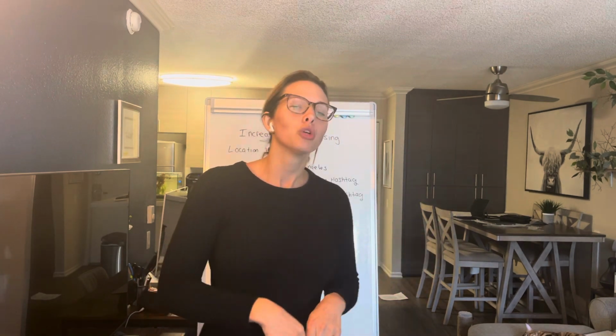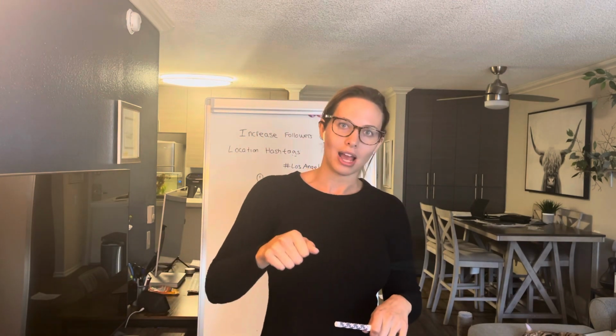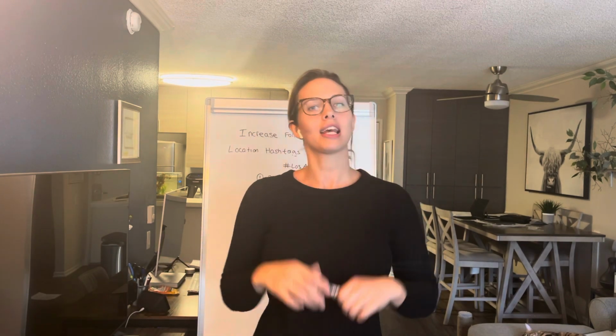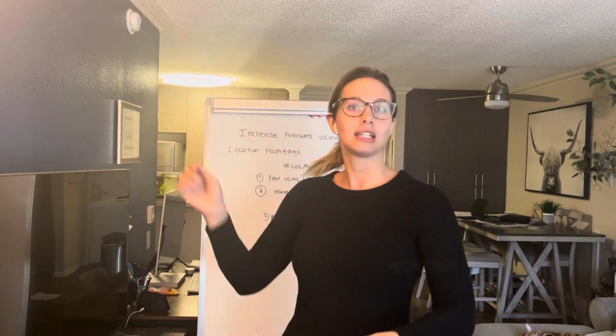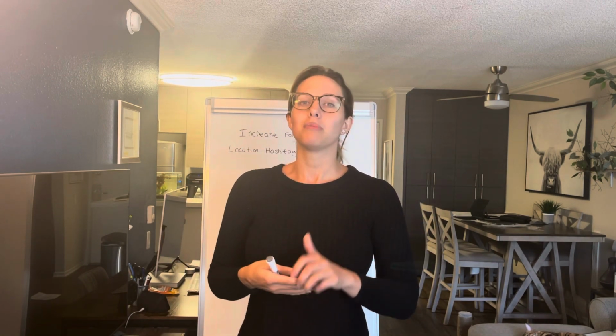Because when you are commenting, when you are interacting within that hashtag, you are knocking at their door, right? You're saying, hello, neighbor, I'm here. I like your post. Come over to my house. We have chips and salsa. Maybe we'll watch a show on Netflix together, okay? You're communicating with other users. It's called interaction. The algorithm loves it, and the algorithm is favoring accounts that do more of that in their